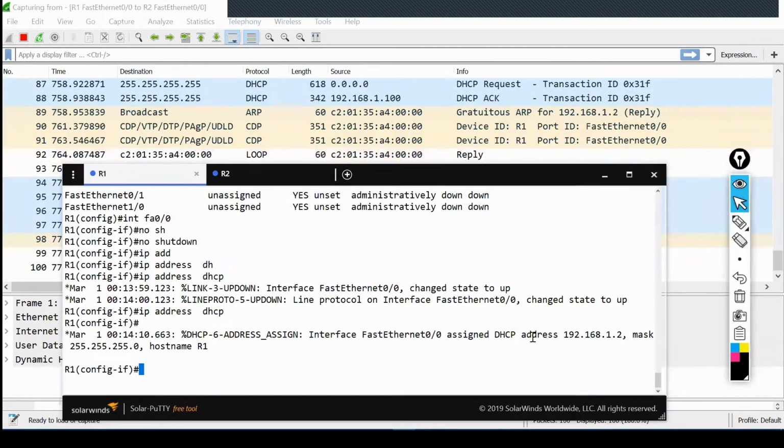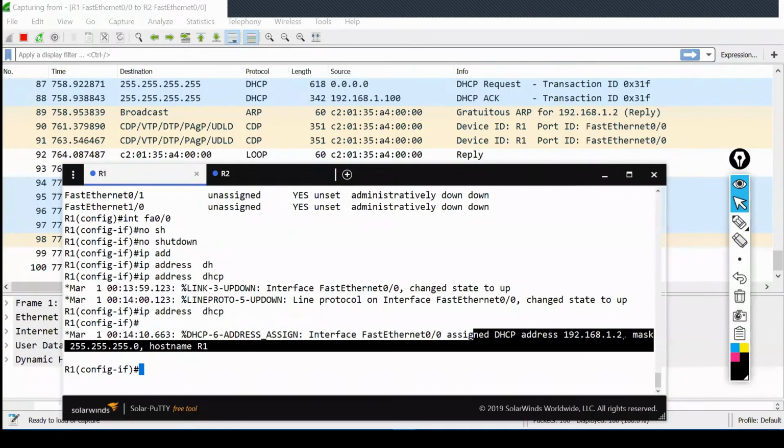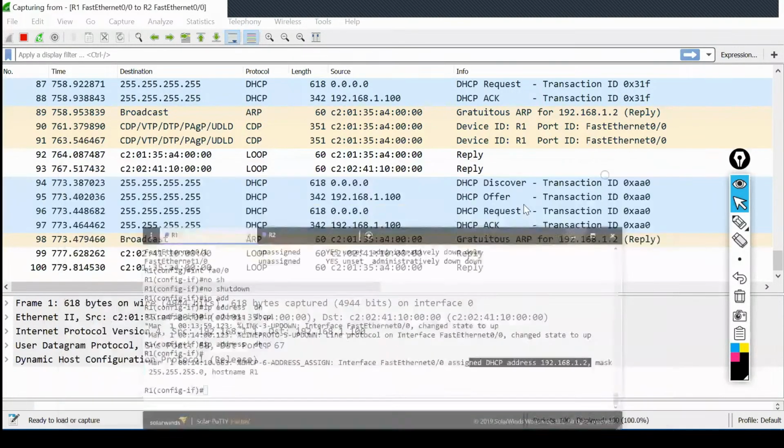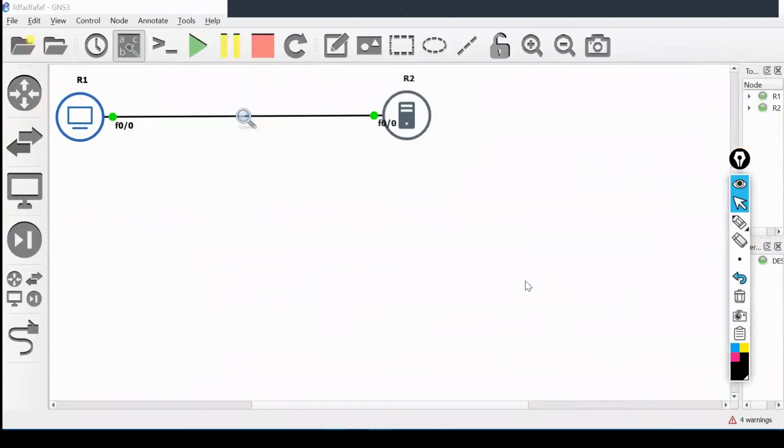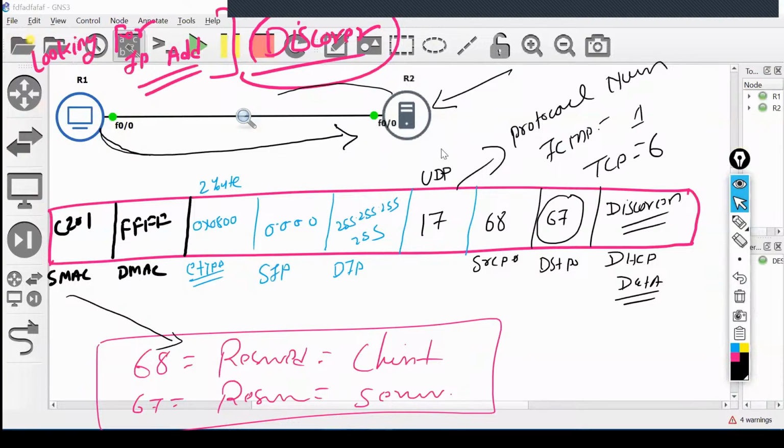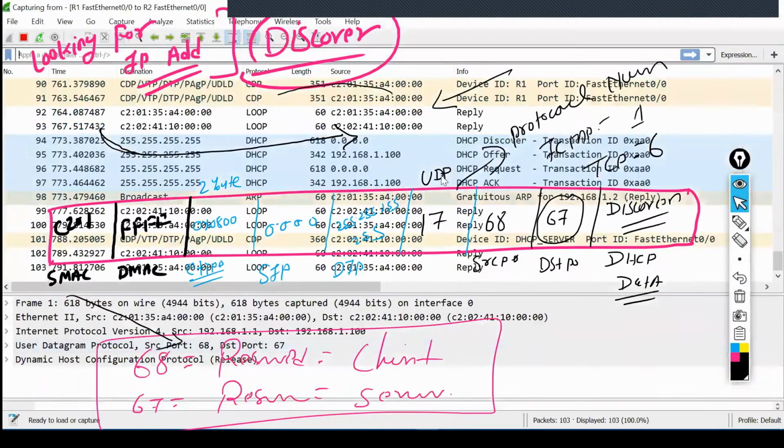Got the IP, right? On the client side. Now have a look. This is the packet the client is generating to R2. Open the first packet.